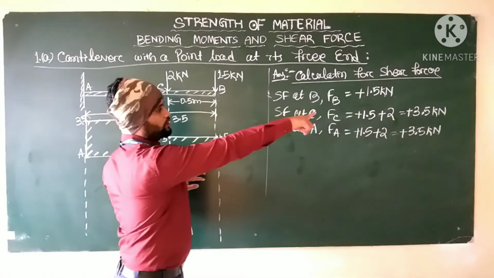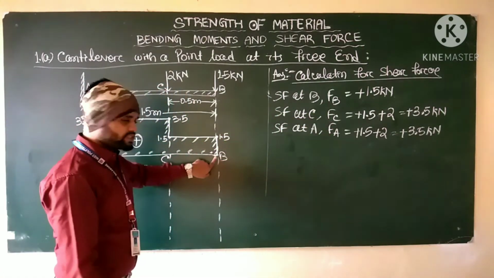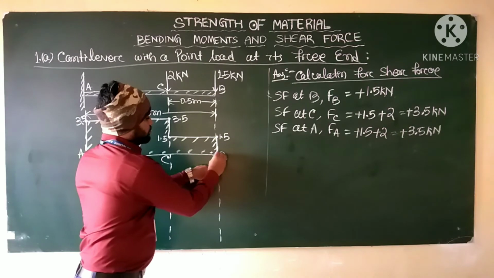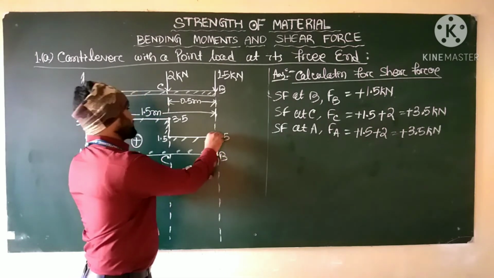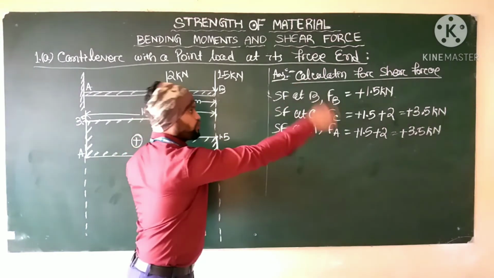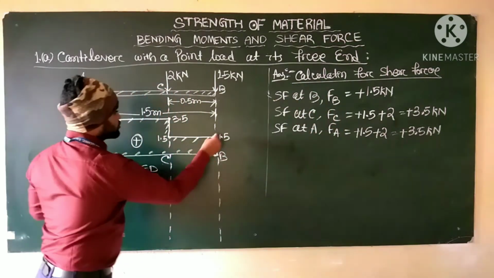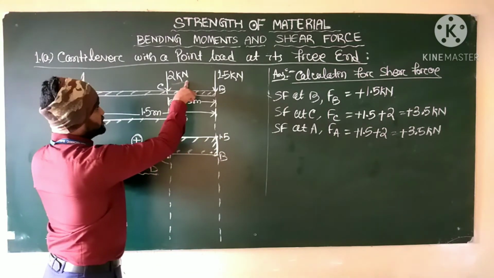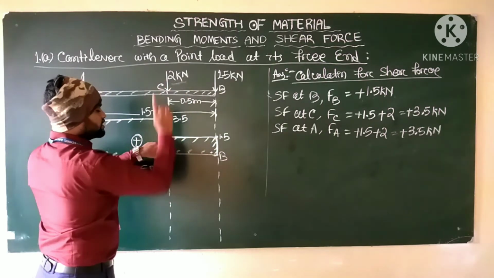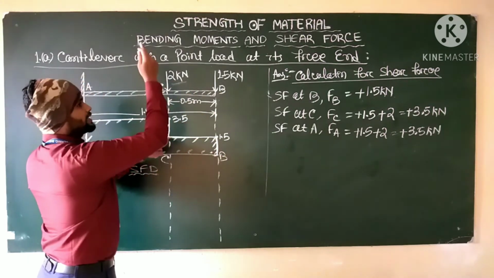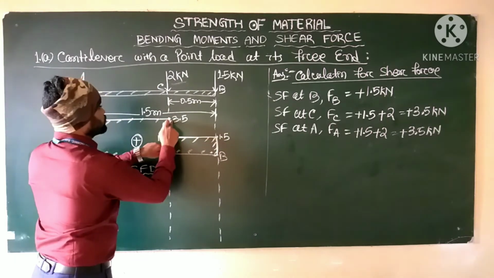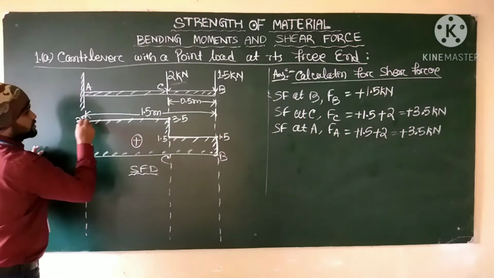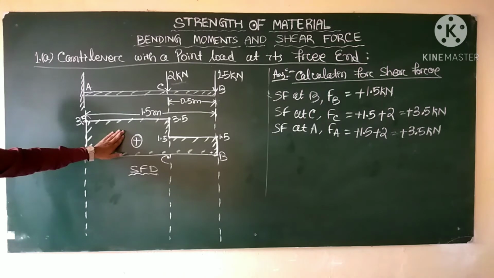At point B, we calculated the shear force of plus 1.5. So this is the 0 point. This is the 1.5 point. We will assume that above this. So make a vertical line up to 1.5. Next, at point C, plus 1.5, plus 2, then comes 3.5. So from 1.5, make a horizontal line to this. Then another point load is 2 kN. A point load means vertically, plus 2 means vertically upward. So 1.5 plus 2, what will come? 3.5. Then at point A plus 3.5, make a horizontal line. This is the shear force diagram.